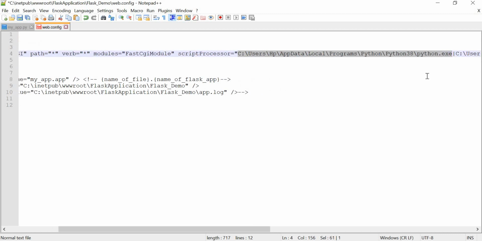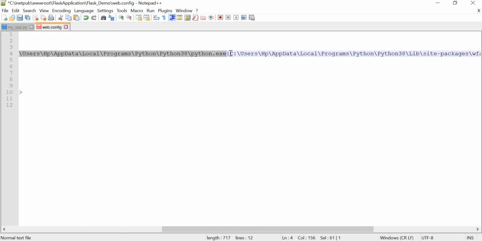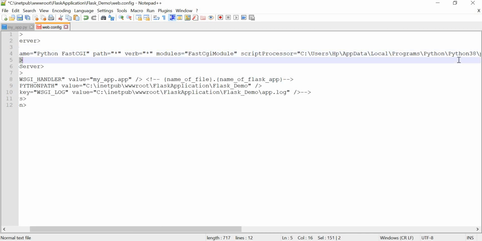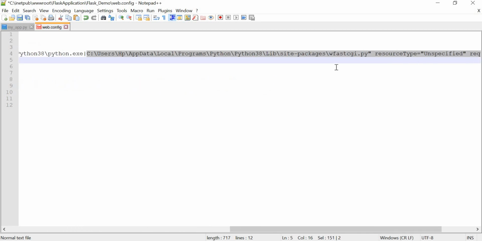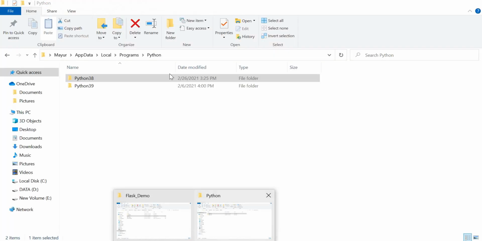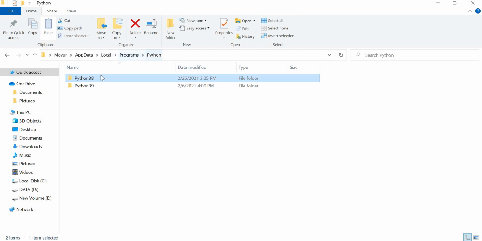Till here is the execution path, and from here, okay, from here till here this is a w5 CGI file. Once you go inside Python, that is local programs and Python, I'm using the 3.8 version.